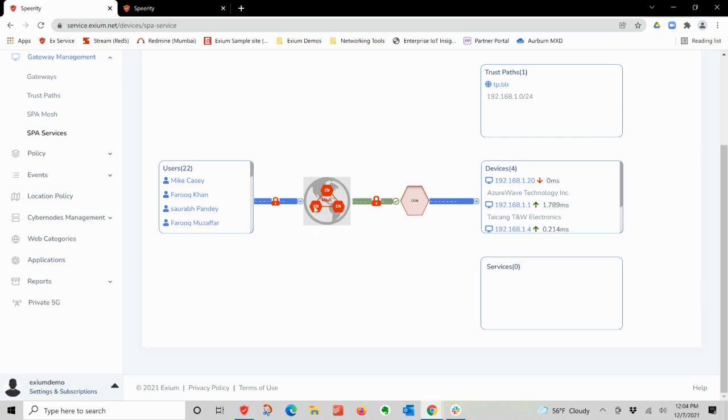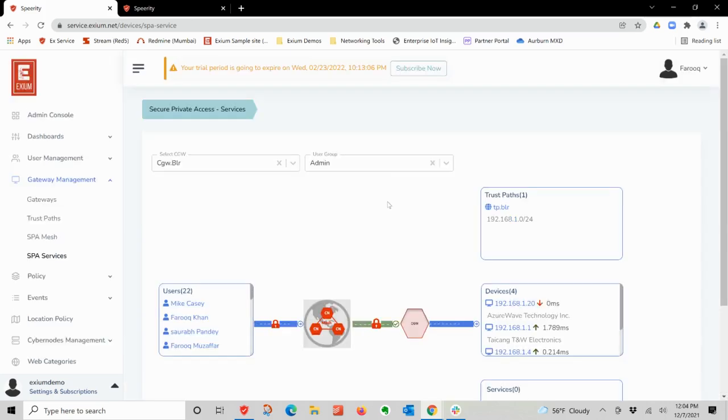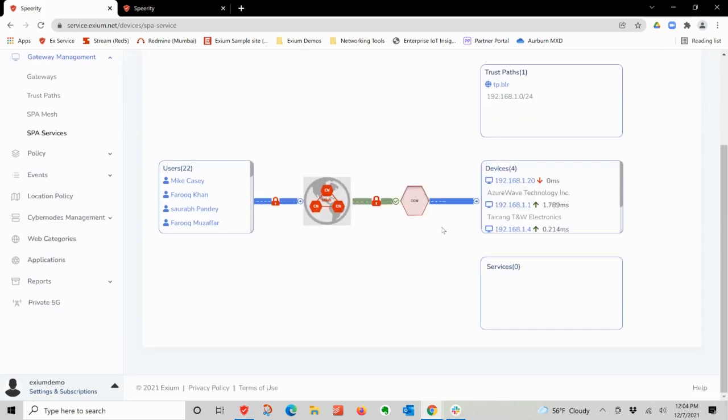secure mesh, which is essentially different nodes in the cloud distributed globally. I'm connected to one in California, and then any other user wherever they are would connect to their local node. On the private application side, we have what we call a cyber gateway, or CGW, and that is basically a software gateway that runs on x86 hardware. So it's very standards based. It can run pretty much in any location, and it is what provides secure connection to these private applications. In this case, this is running in India, and that gateway is connecting to its